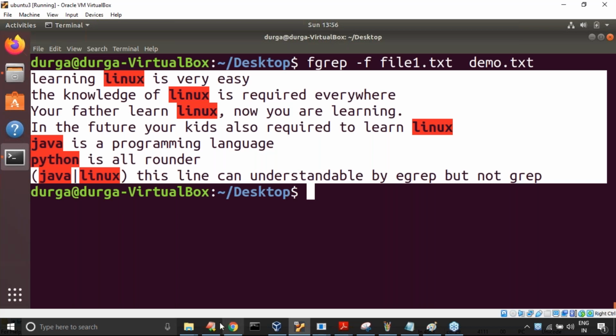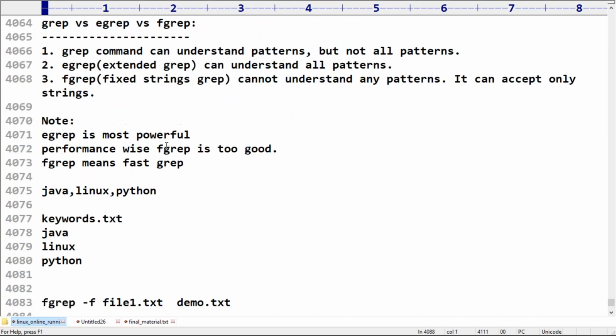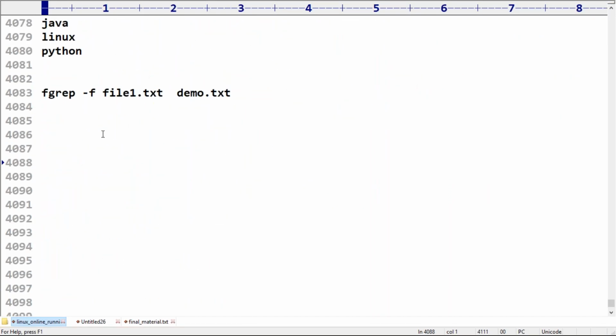Okay, what is the difference between grep, egrep, and fgrep? But the final one, a very important point, just be aware of this one. So fgrep, sir, can I use grep with hyphen f? Can I use this one or not? Grep, fgrep means grep hyphen f. Similarly, egrep means grep with the hyphen e option.